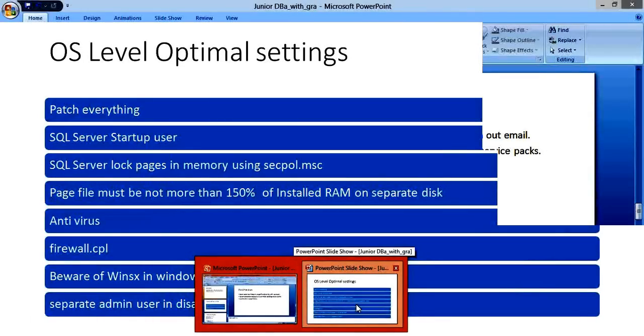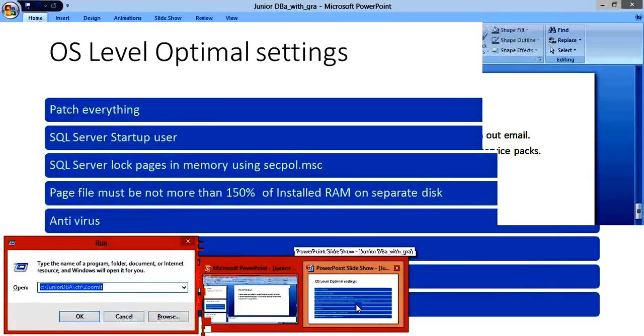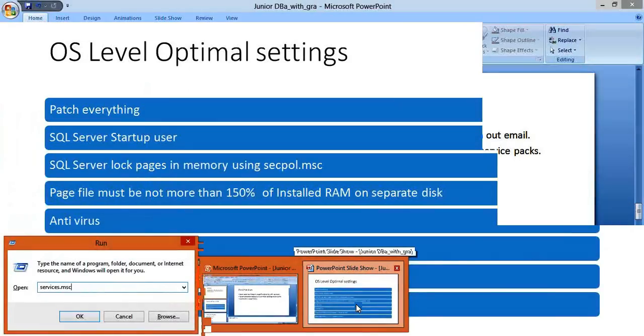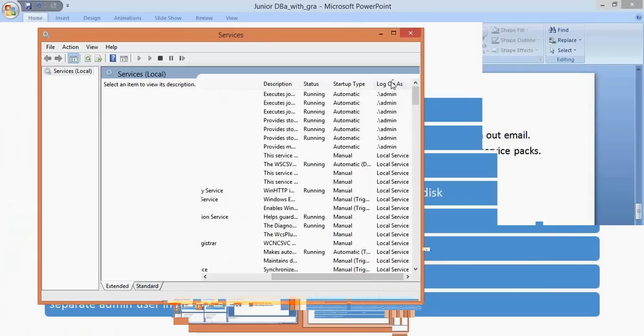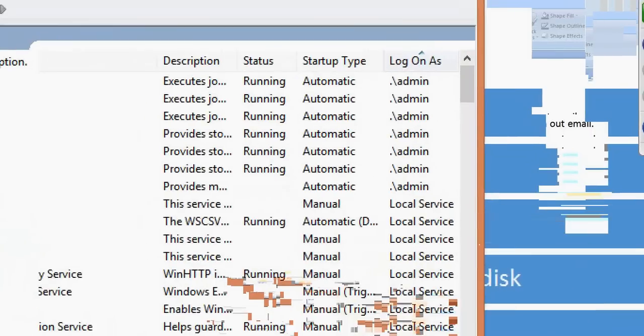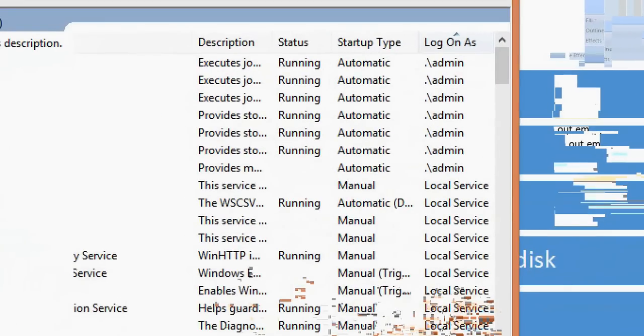Second, we are using a SQL Server startup user. In this, we have to make sure that our SQL Server is started with a user. Just you can see here my SQL Server services.